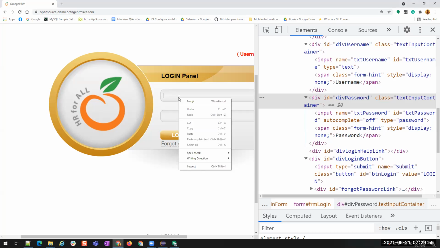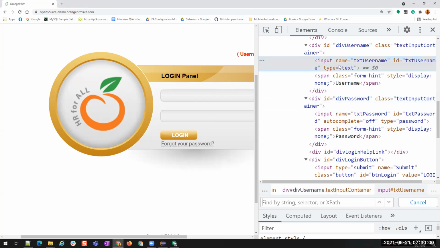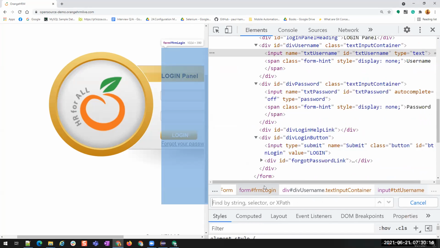Let me show you. How do we write XPath for this input box? Is that a username?